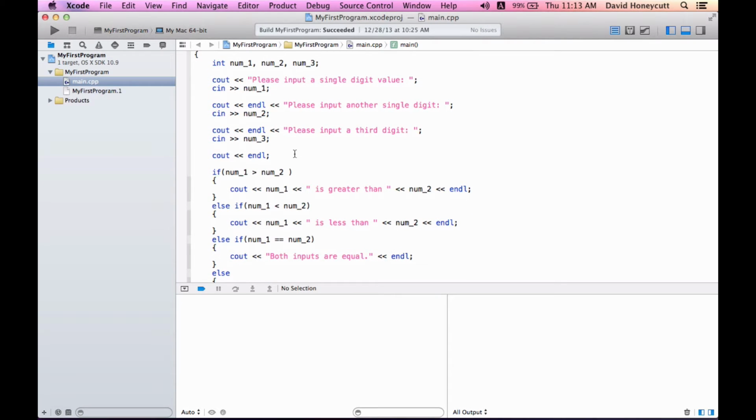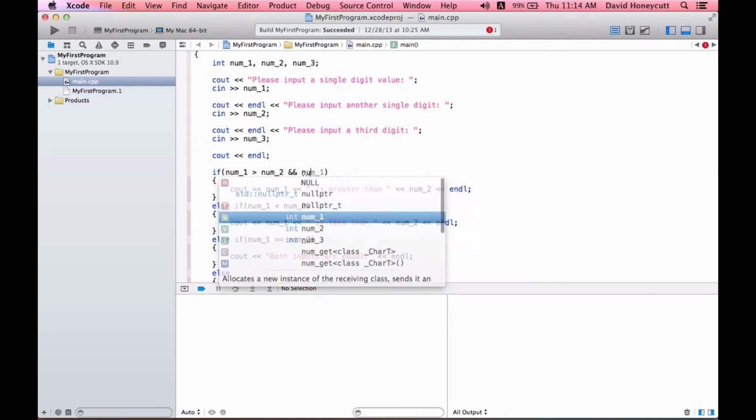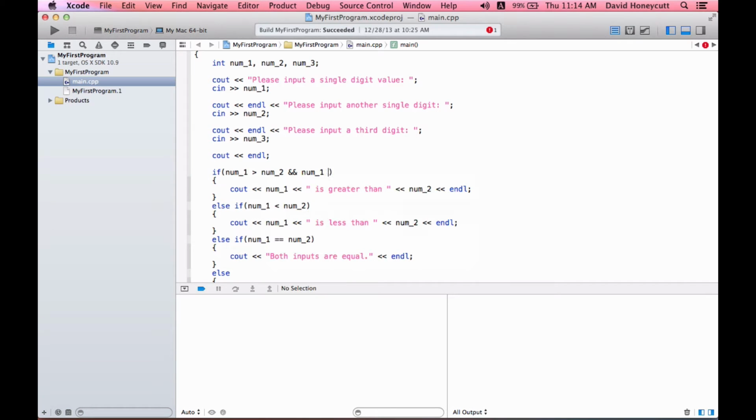Okay, now that we have three numbers, we could say now if num1 is greater than num2 and if num1 is greater than num3. How do we do that? We do that with the double ampersand sign. You know, in writing in English this does mean and. We read it as and. In computer science, two of them means and as well. So we want to compare if num1 is greater than num2 and if num1 is greater than num3, then execute